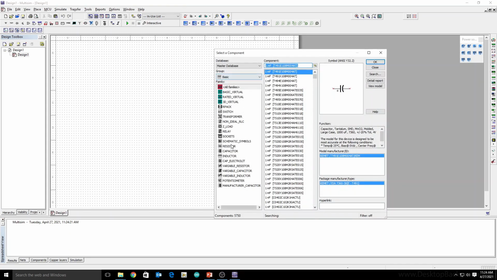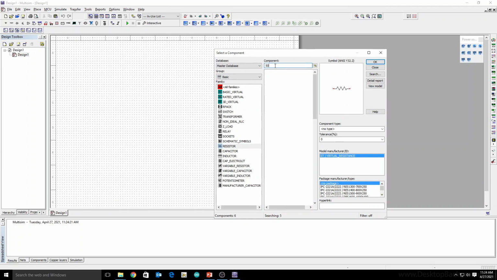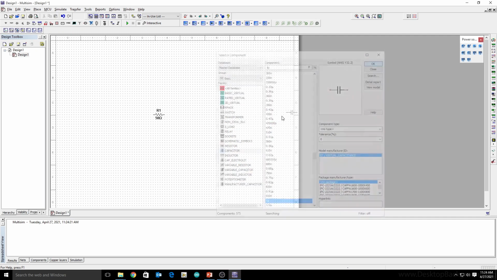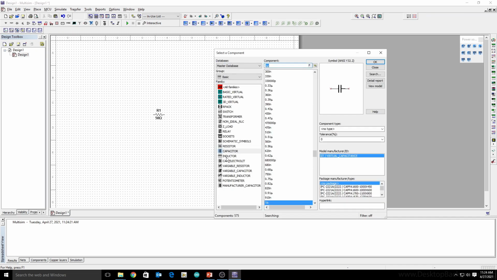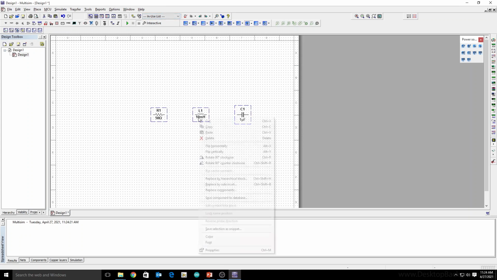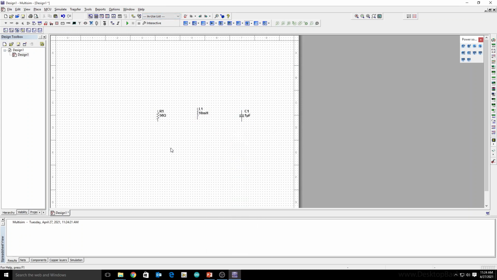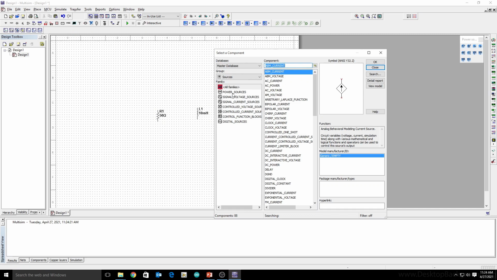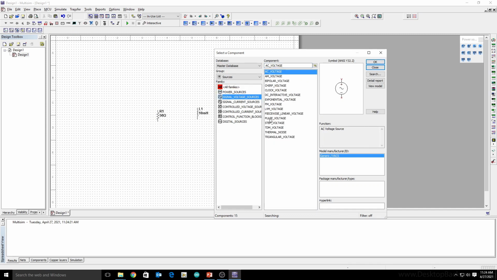In basics, you need a resistor of 50 ohm, a capacitor of 1 microfarad, an inductor of 10 millihenry, and a voltage source. We are using a pulse voltage source, and we also need a ground here.